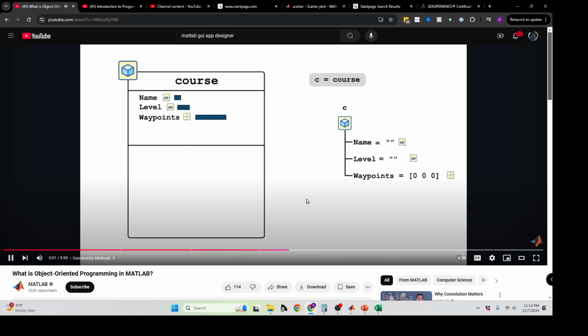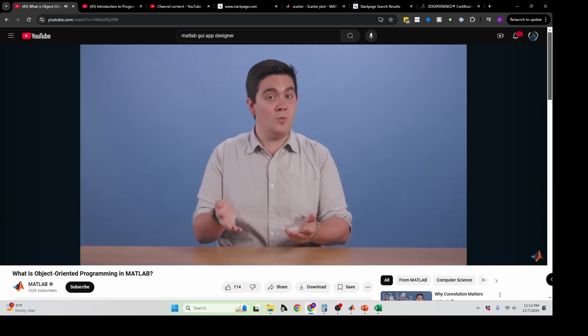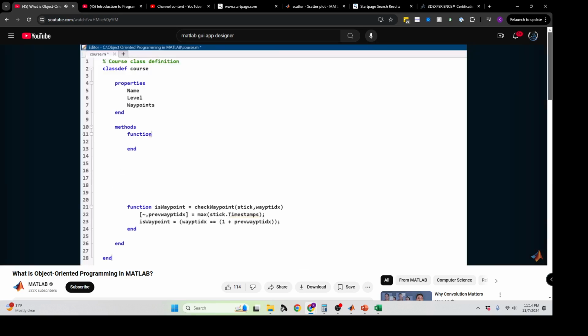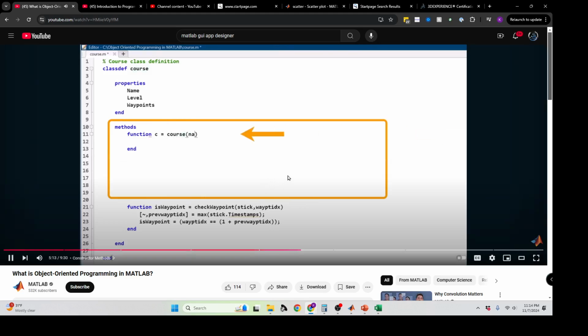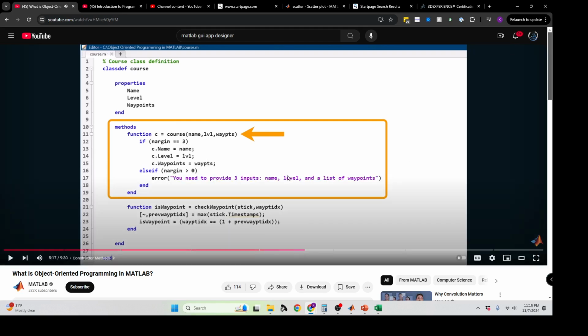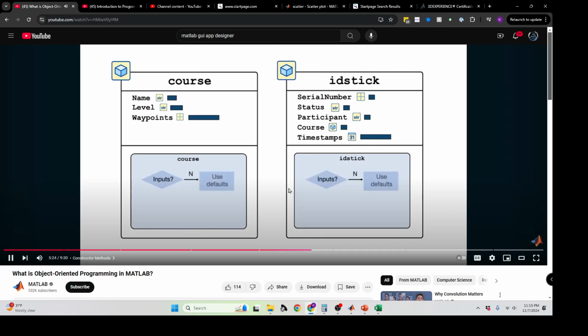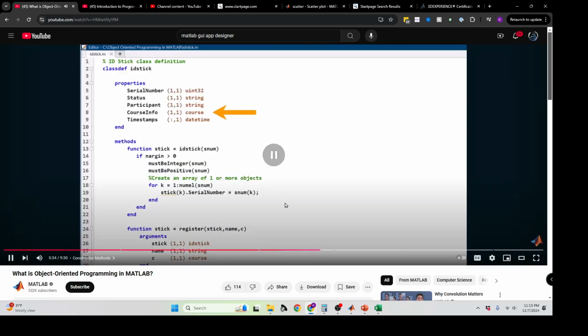A constructor method is a special method in the class, whose name is the same as the class, and whose output is an instance of the class, or an object. Let's make our constructor take in 3 inputs and assign them to the 3 properties for this class: name, level, and waypoints. An important addition we need to make to this constructor is to build in the capability for it to return an object with default property values when it is called with no inputs, which can happen automatically sometimes when it's referenced elsewhere. We can now store the course object in IDStick